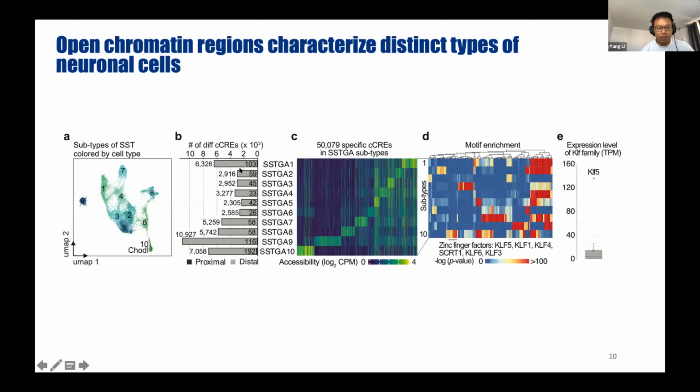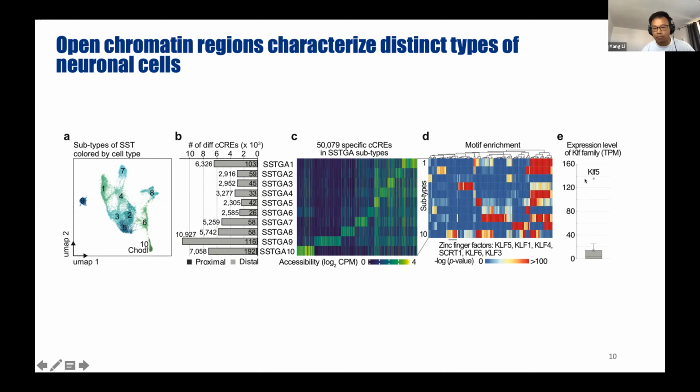First of all, if you look at the differential cis-regulatory elements across all the subtypes, for example, here is the SST Chodl cell. You will see we identify 7,000 candidate cis-regulatory elements that are quite specifically open in this SST Chodl cell. And using those elements, we can find potential motifs enriched in the cell type.